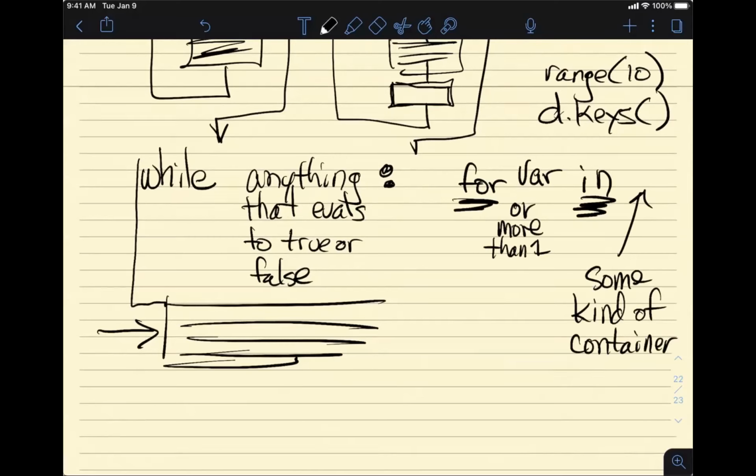And then colon, and then your block of statements, which is indented from here.